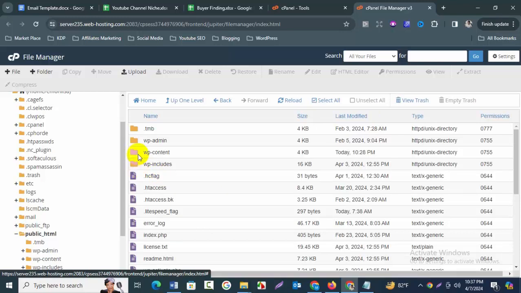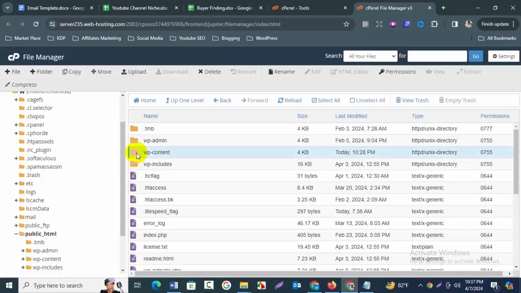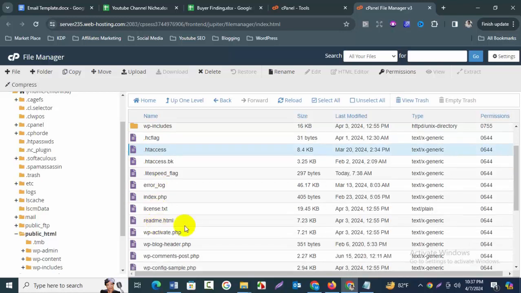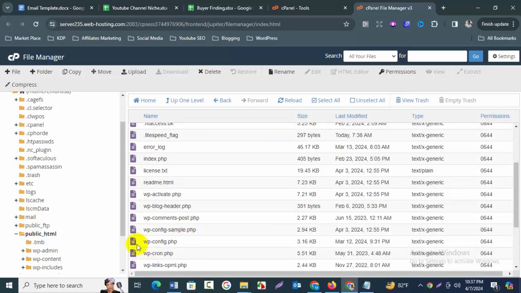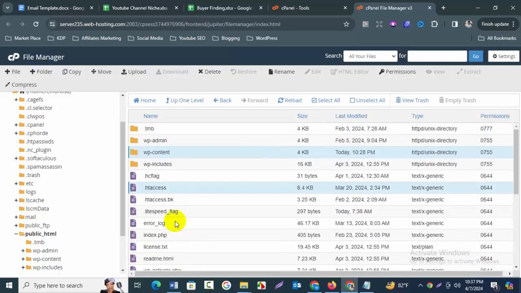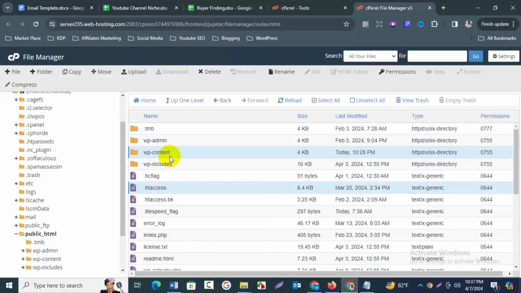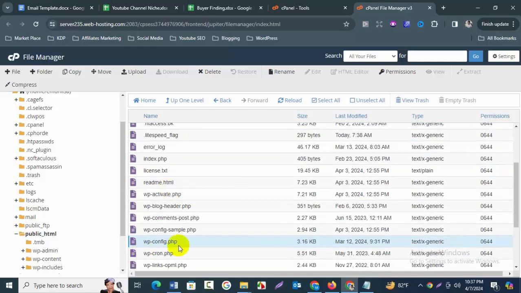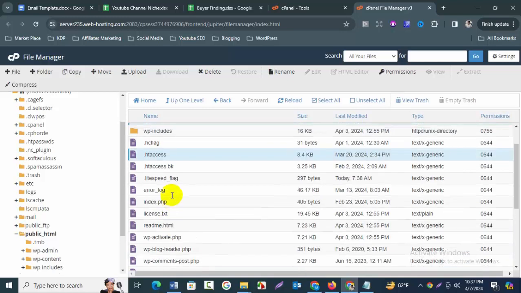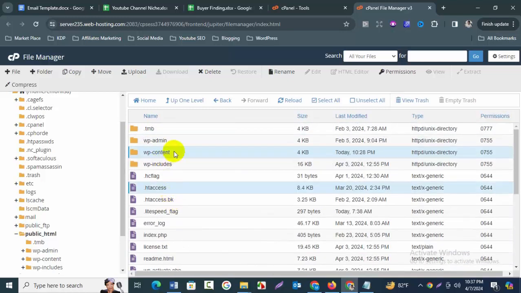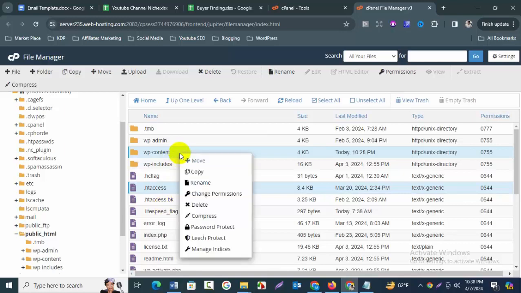So we are selecting the wp-content folder, after that the .htaccess file, and the last one is the wp-config.php file. So we need this folder, the wp-content folder, the .htaccess file, and wp-config.php. These three files and folders we will zip first. So we have to right click here and we'll click on compress,